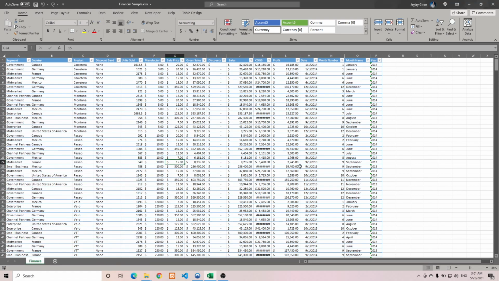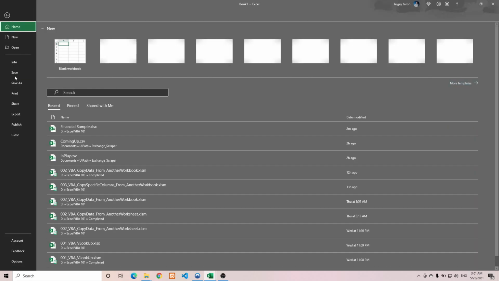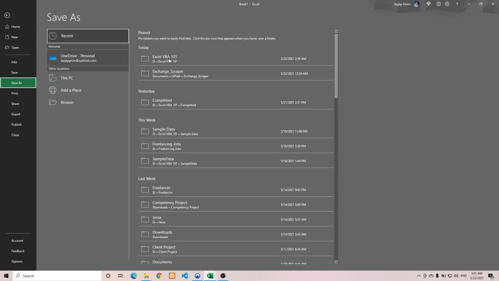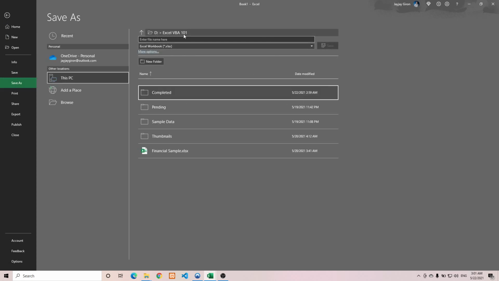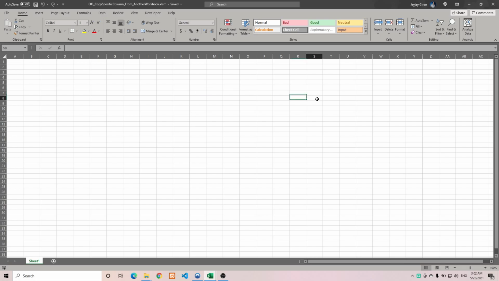and then again, let's start by saving it to our prepared file name. I will name this one. Make sure to select your prepared folder. I will name this one. This is our CF3. It's our third video. Copy specific column from another workbook. You can name that differently if you want a shorter one, and then make sure that you save it as .xlsm file type, and then make sure to hit the save button. And now